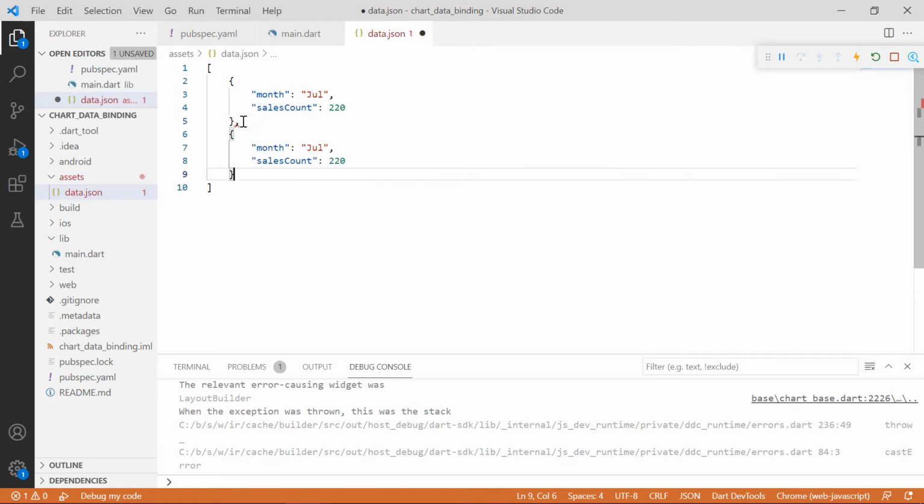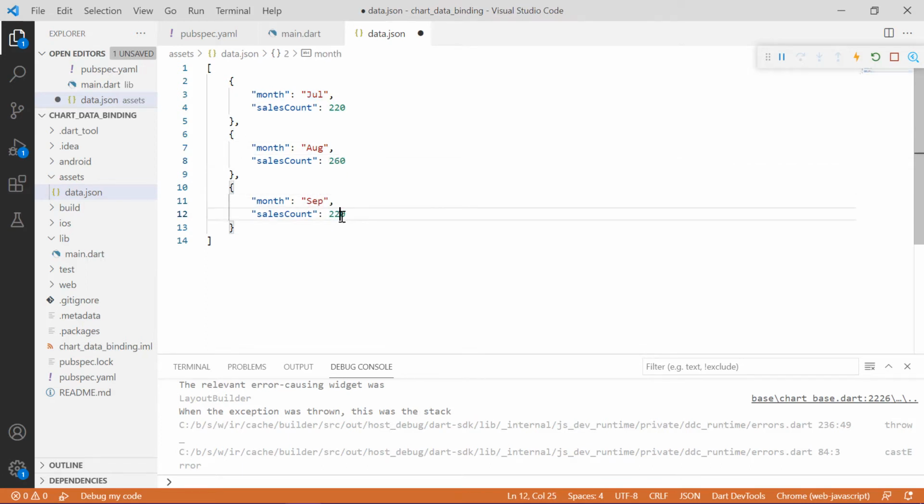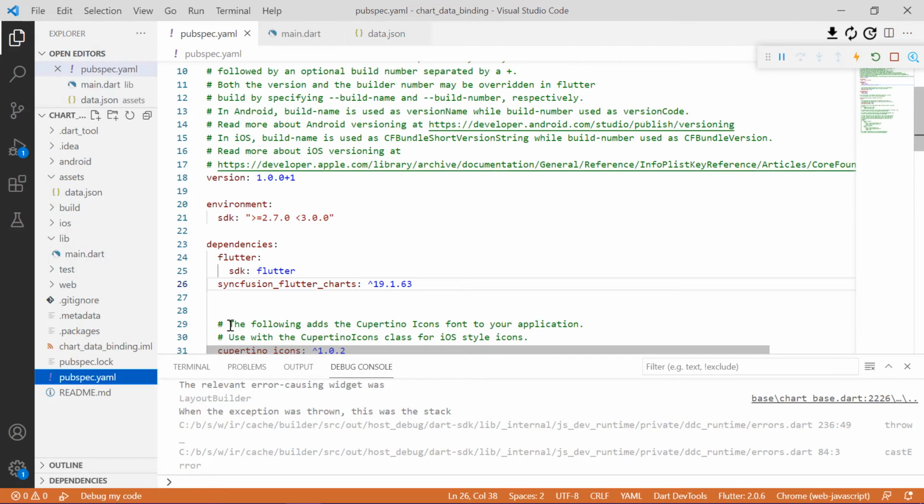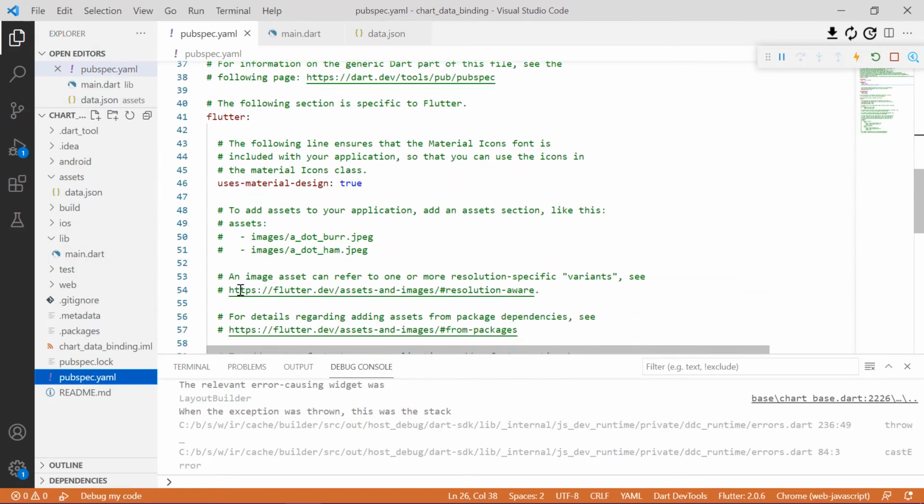I'm adding 3 sets of data now. Okay, let's save this file, and next we have to include this in assets in the pubspec.yaml file.